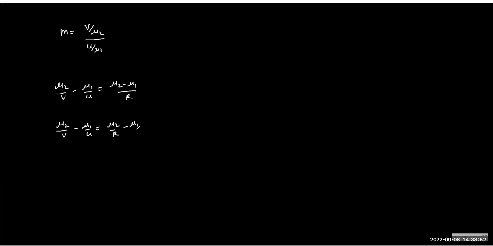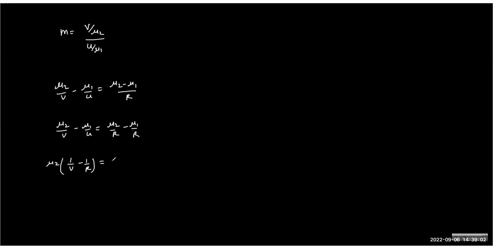And there is one very famous magnification formula in terms of radius of curvature. So we know magnification is how much? V by mu2 upon u by mu1. And we have the formula mu2 by v minus mu1 by u is mu2 minus mu1 by r. So what we can do is write mu2 by v minus mu1 by u equals mu2 by r minus mu1 by r, and I'll rearrange the mu2 one such, mu2 into 1 by v upon 1 by r